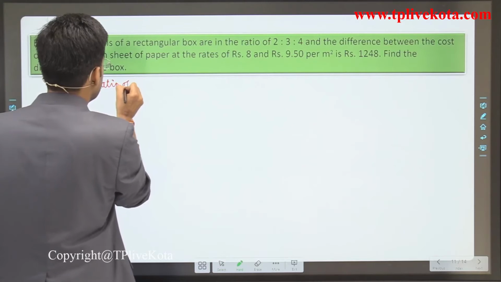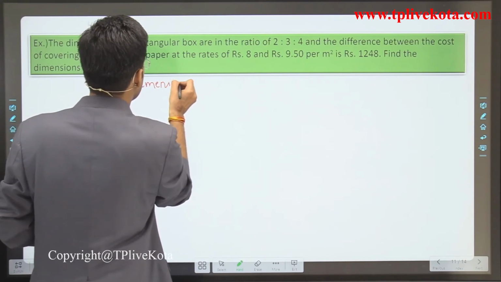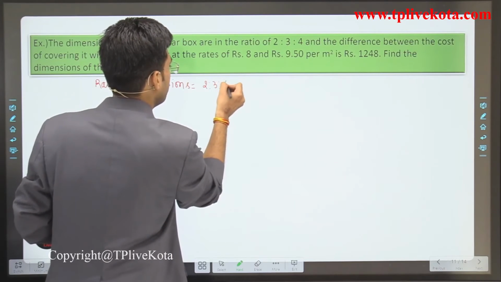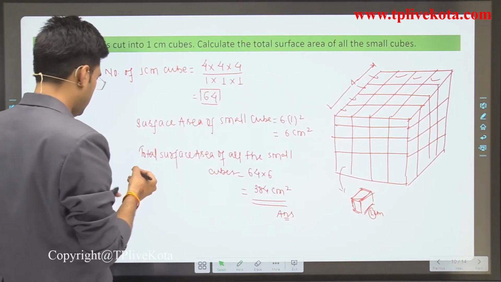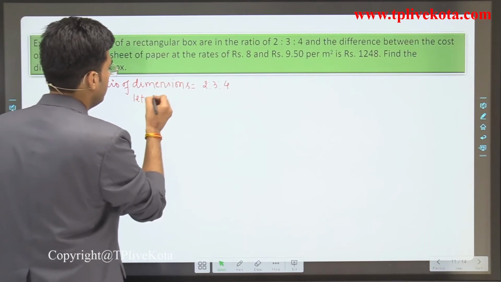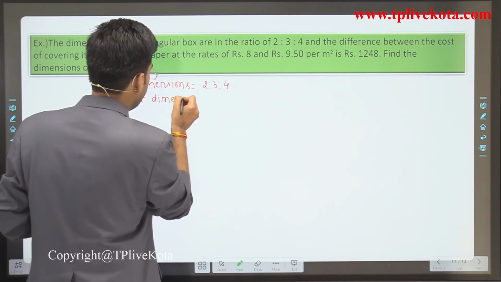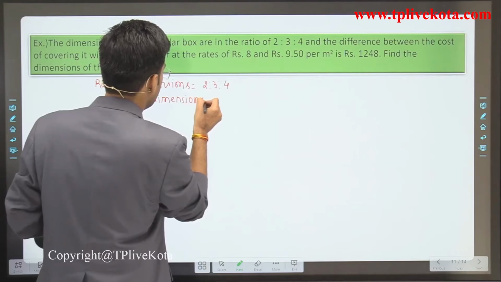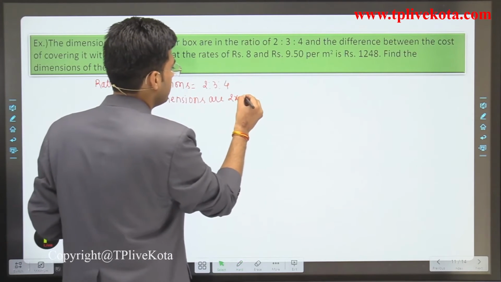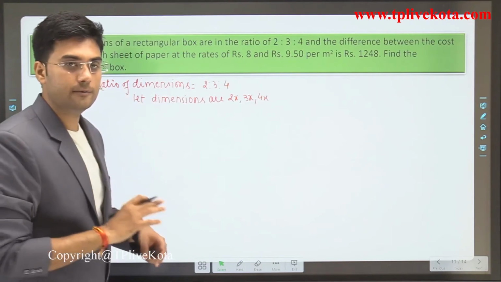So the ratio of dimensions is 2:3:4. Clear? So now we can assume the dimensions are 2x, 3x and 4x. Clear? Now